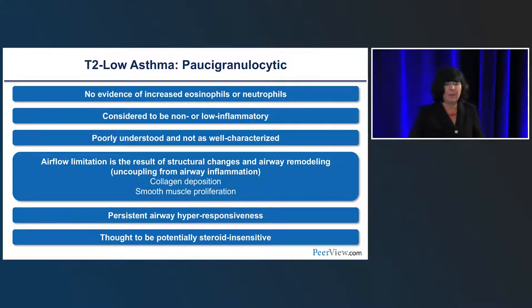As I mentioned, there's also a polygranulocytic form of type 2 low asthma, and there's really no evidence of eosinophils or neutrophils, considered to be really non or low inflammatory. And I would say this is probably the least well understood subphenotype. What we do know is there is airflow limitation that results because of structural changes that occur in the airway, this uncoupling from airway inflammation. And so we think more about collagen deposition, smooth muscle proliferation, hypertrophy, hyperplasia. There still is hyperresponsiveness, which of course we know is a characteristic of asthma, and thought to be potentially steroid